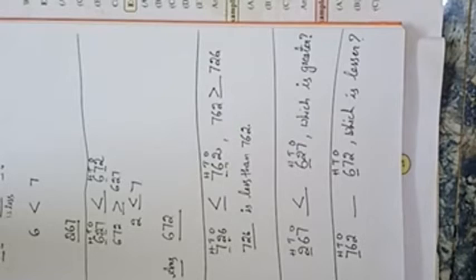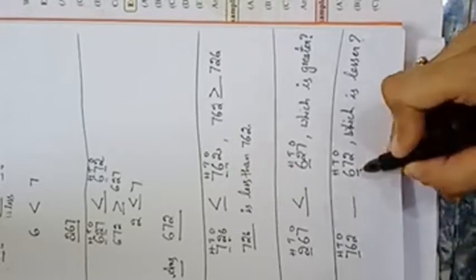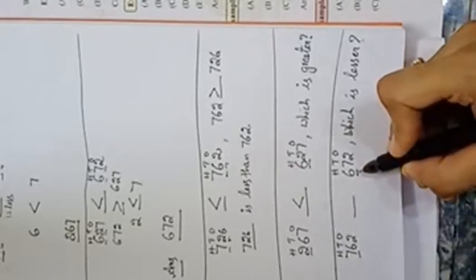Teacher, 6 is the smaller number. You'll answer, teacher, 6 is the smaller number. Why? Because when you count the numbers, will 7 come first or 6 come first? Yes, you will get the digit 6 first. So 6 is smaller than 7. So he is asking us to find out which is the smaller number. 6 is the smaller number.